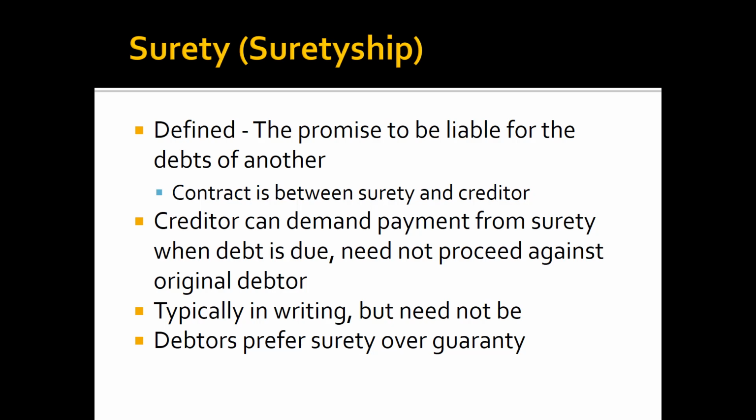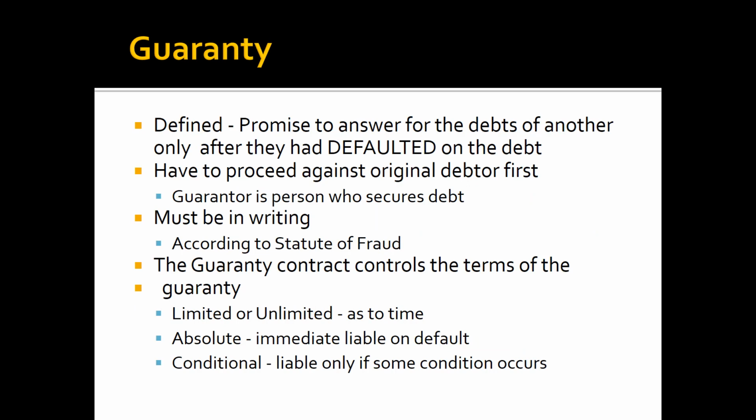What's a guarantee then? Well, a guarantee, same basic scenario with one big twist. I go in and I say, all right, I'll answer for the debts of another, but only if they don't pay. So I signed for my son, Ben. Okay, Ben doesn't pay. They can show he defaults. They can go after Ben first. He can't pay. Now they go after me. You can't go after me first. You got to go after Ben first. You have to proceed against the original debtor. Try to collect from them.